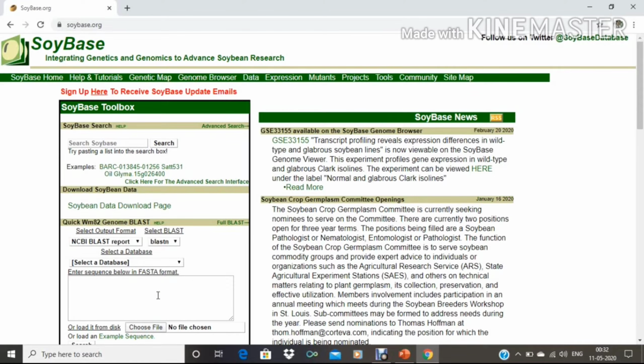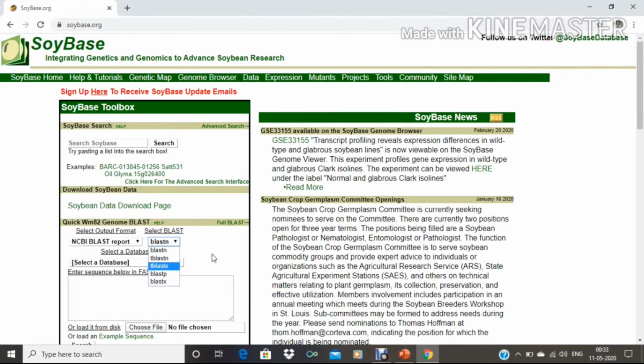First we will see how to perform the quick BLAST analysis in SoyBase. First we have to paste the sequence in FASTA format in this box. Here we can also upload by file selection. Suppose we are pasting a nucleic acid sequence, then first we have to select BLASTN from here. And suppose we are selecting a protein sequence, then we have to change this one to BLASTP.